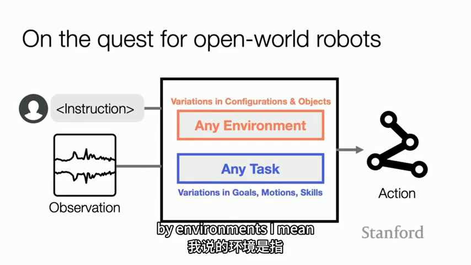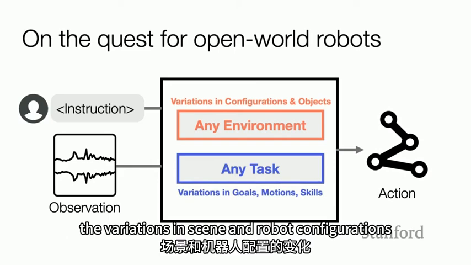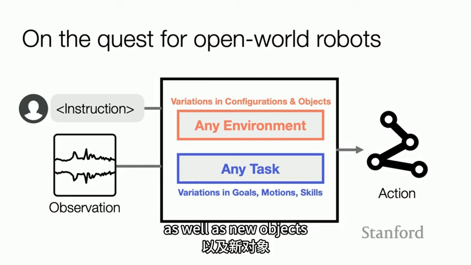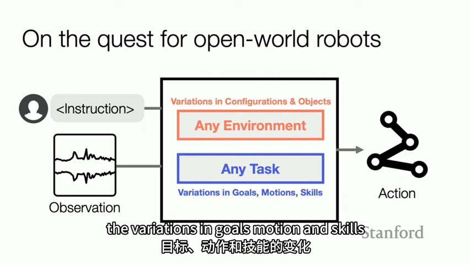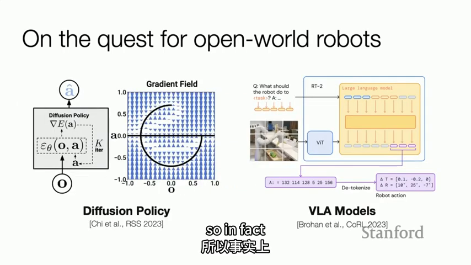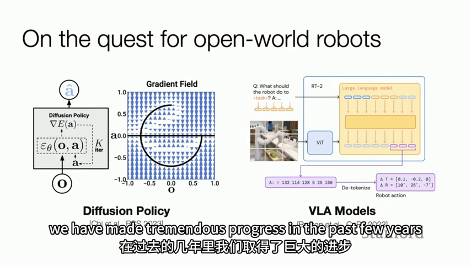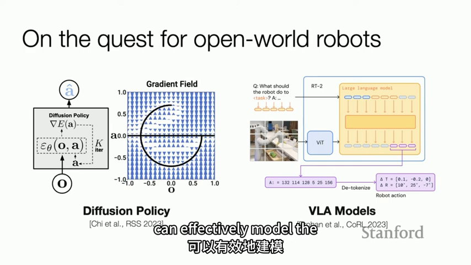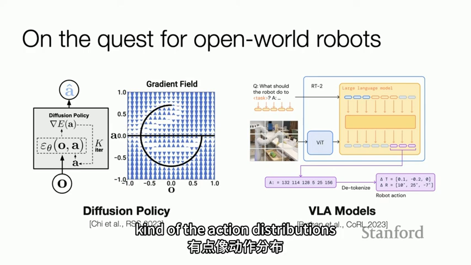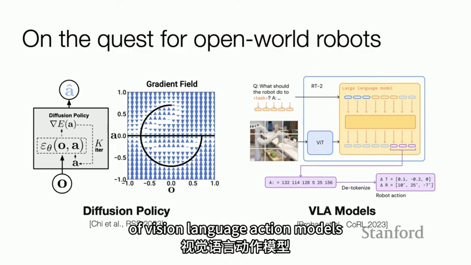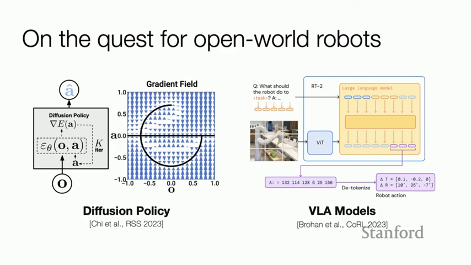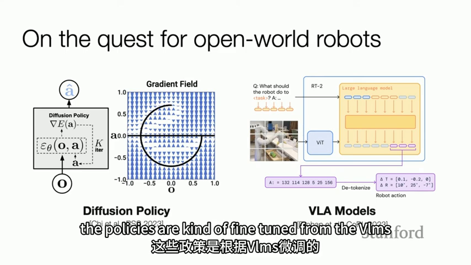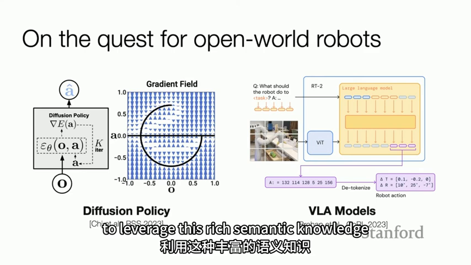By environments, I mean the variations in scene and robot configurations, as well as new objects. By tasks, I mean the variations in goals, motion, and skills. In fact, we have made tremendous progress in the past few years as a field. Diffusion policies, with their wide adoption, can effectively model multimodal action distributions, as well as the emergence of vision language action models. These are the policies that are fine-tuned from the VLMs to leverage this rich